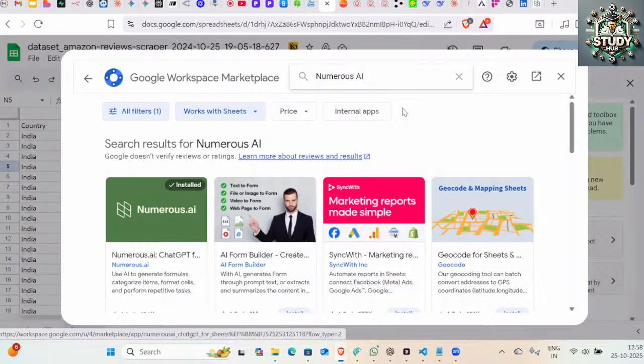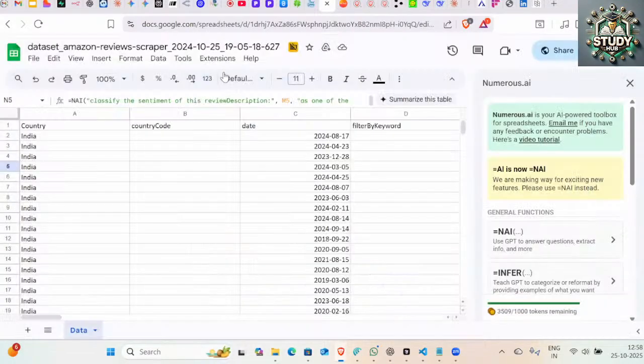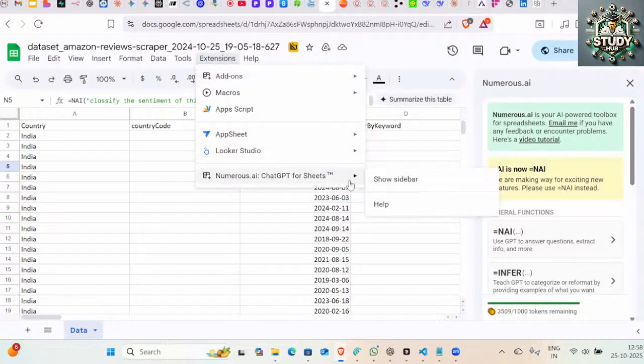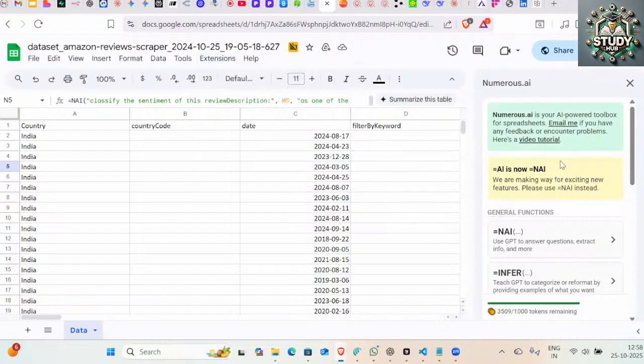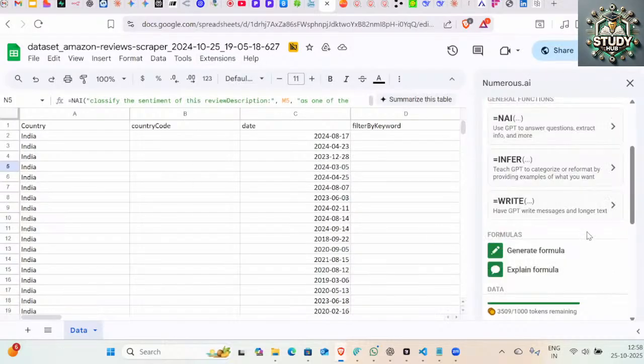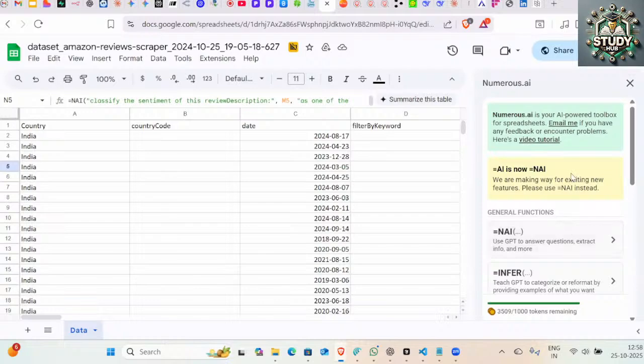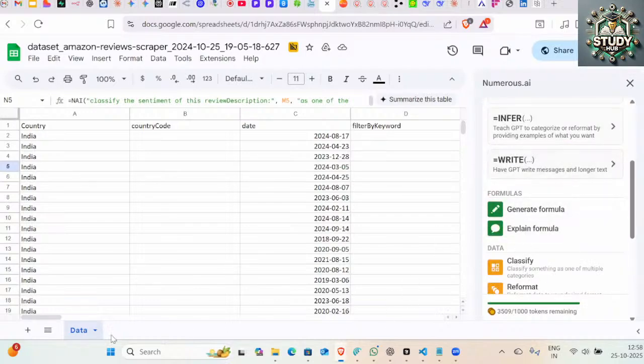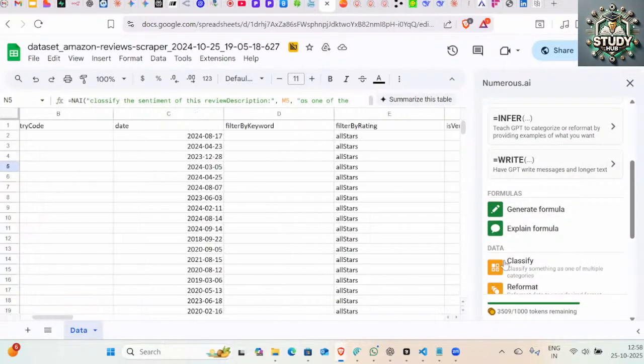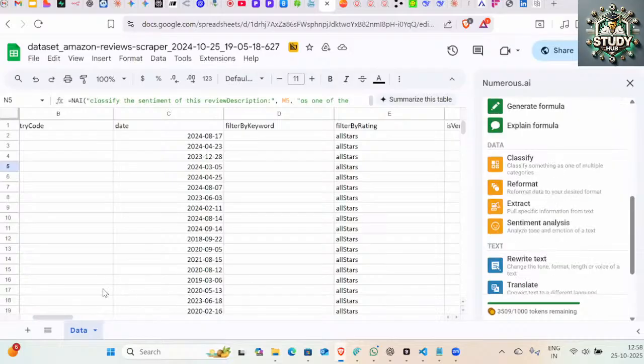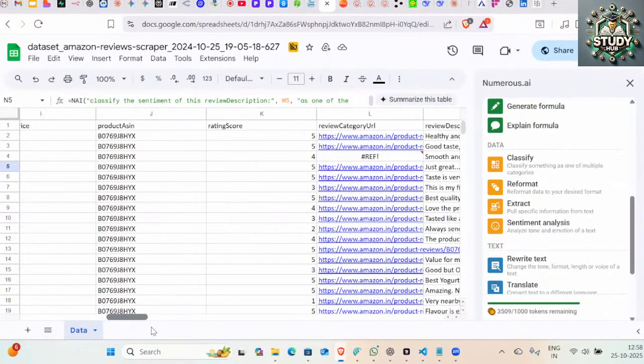I have already installed it. Once installed, I can show it in the sidebar, and you can see something like this in your browser, in your same Excel file. Now you can ask it to generate a formula, generate new columns, and do a lot of great things. I can demo one or two just to showcase.